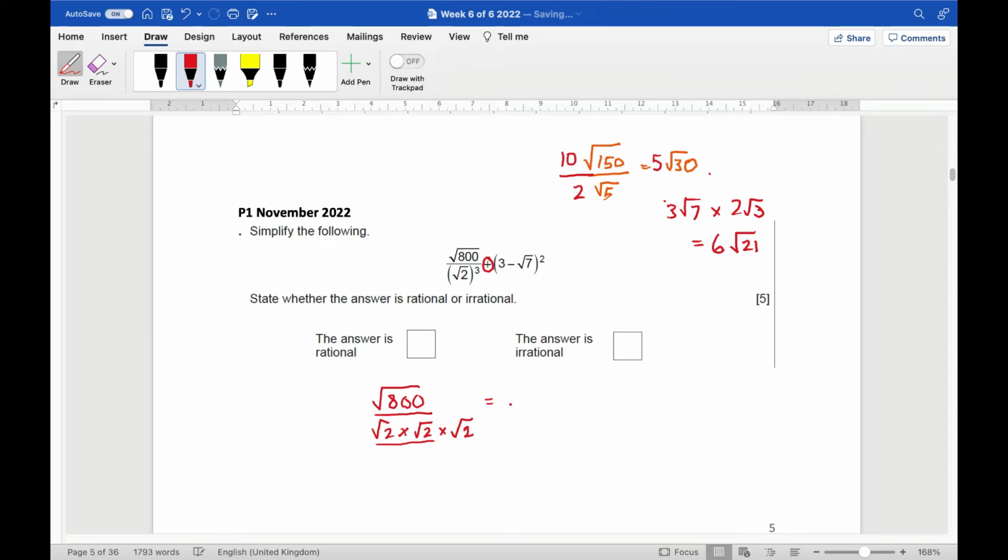Okay, so we'd get the square root of 800, and 2 times 2 times 2 is 8, but still in the square root. And because they're both now surds, we can divide them. 800 divided by 8, which is 100, and that does have a square root, which is 10. So the first bit, the answer is 10. In the second bit,